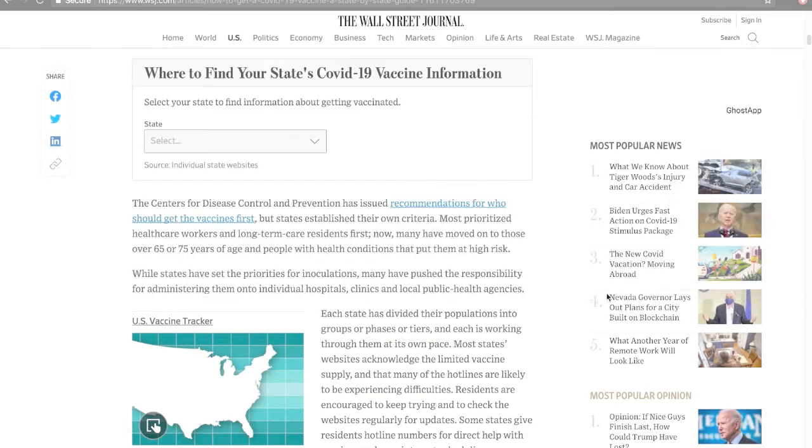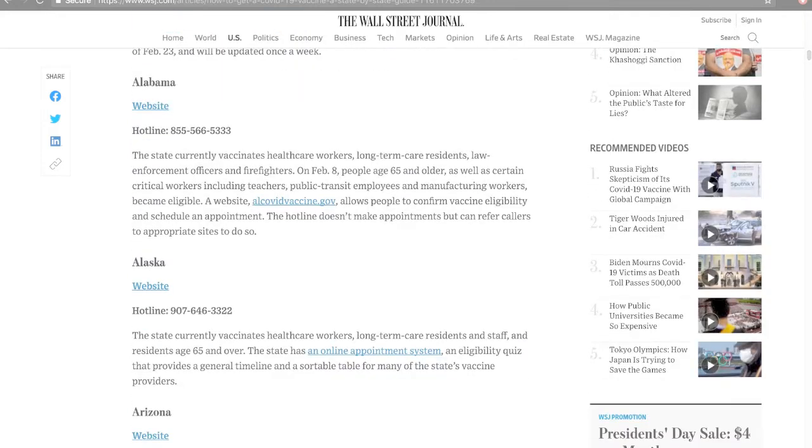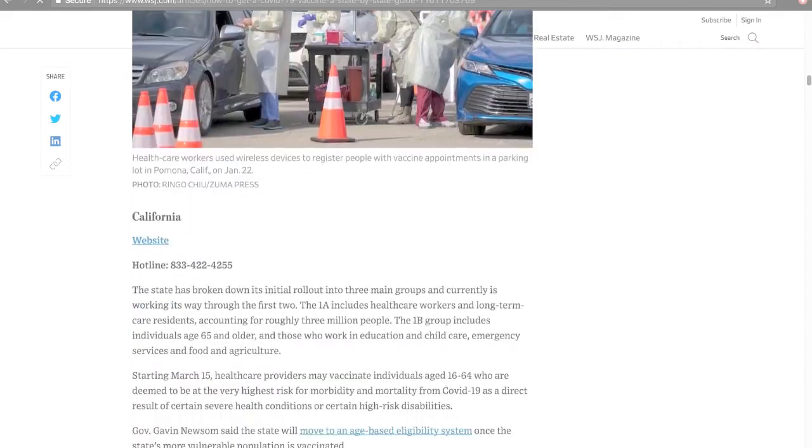This is the page on the Wall Street Journal article that has the list of the different access points for each state, including a telephone number or hotline. It indicates a link, you can tell by the underlined text that's in blue, for information that's provided by the state. Now I'm going to scroll back down to Connecticut because I've read that information, and that's pertinent to where